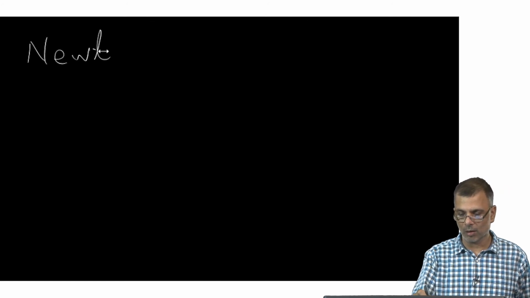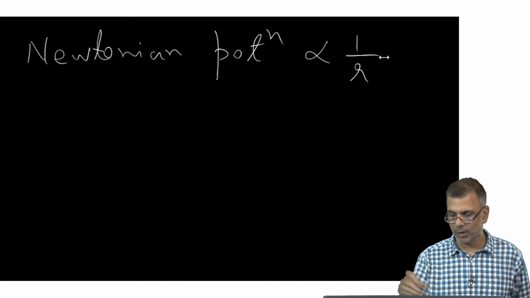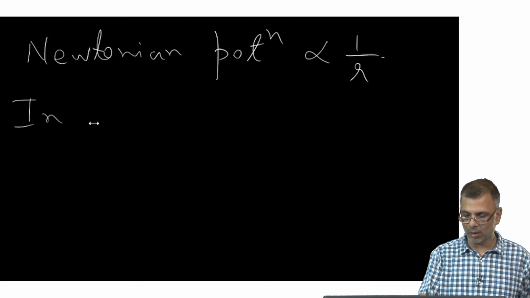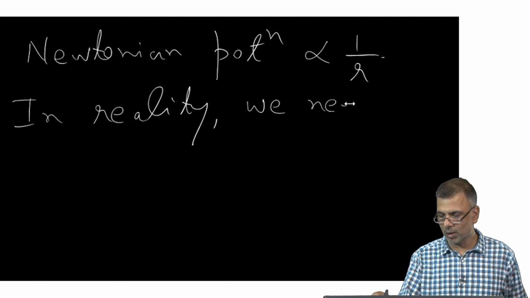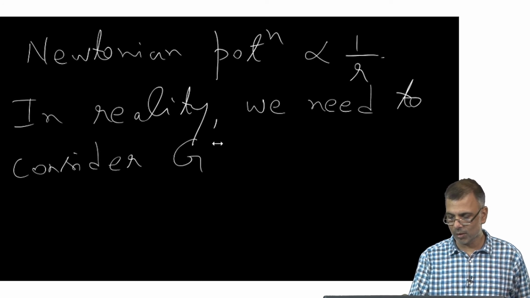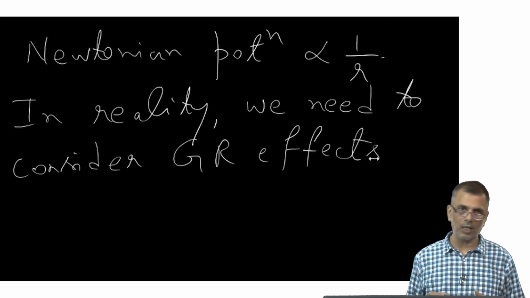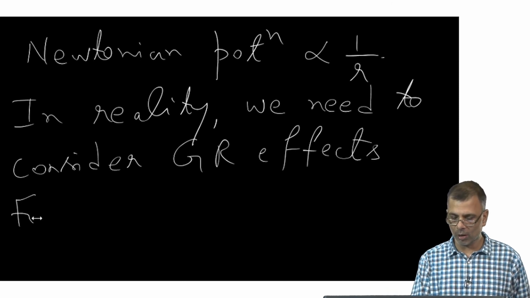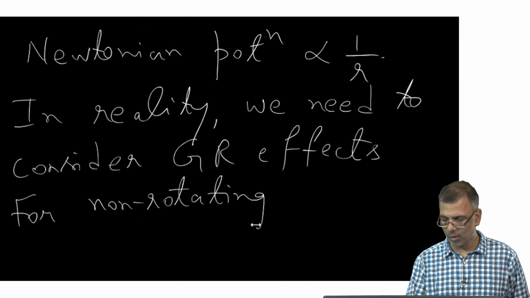That is because we are considering a Newtonian potential which goes as 1 over r. In reality, especially for a black hole, we need to consider general relativistic effects, which are quite complicated. But at least for a non-rotating black hole, it's sufficient